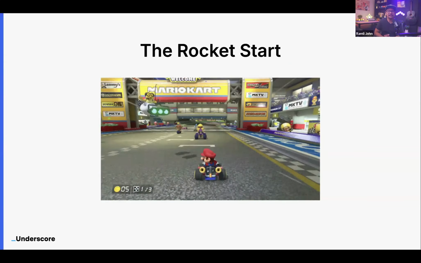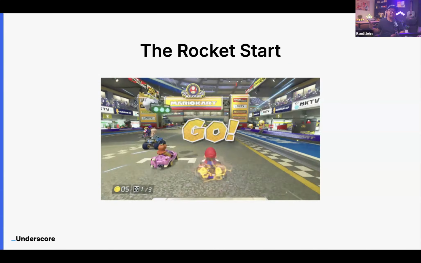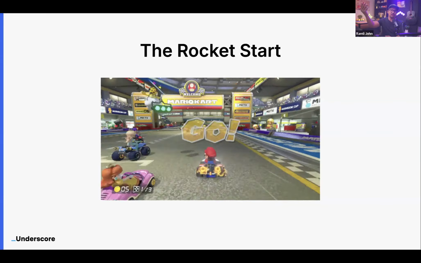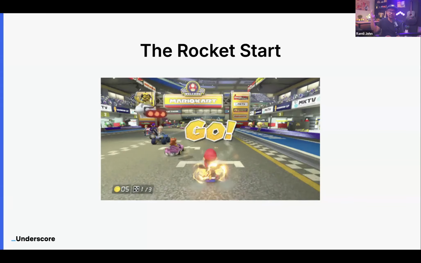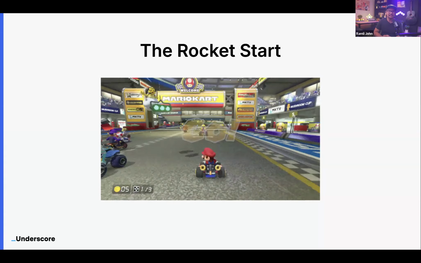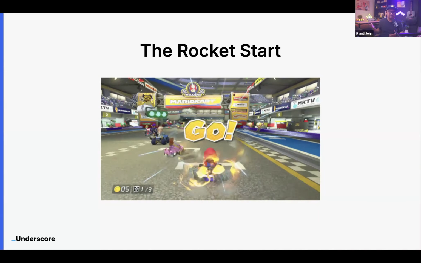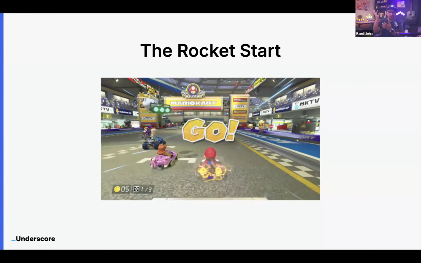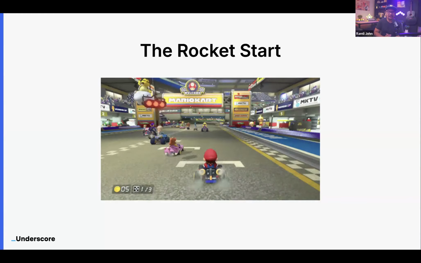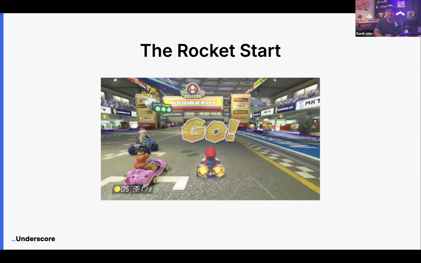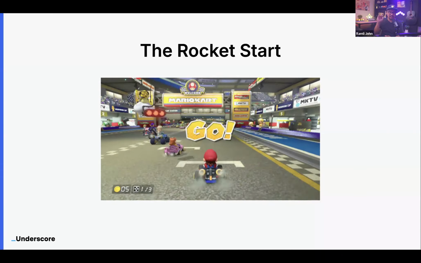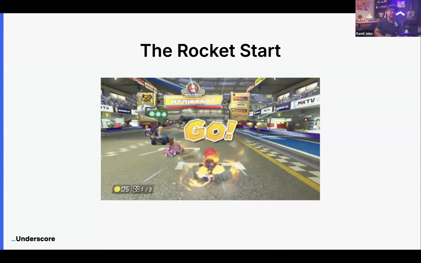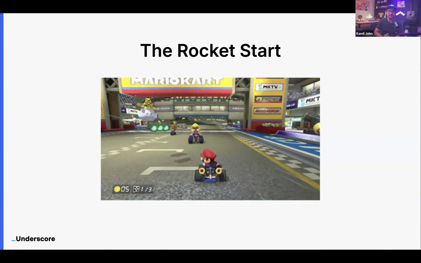But it's something that I realized later is called the rocket start, where if you press the button at the right time, you actually get a head start. And I still couldn't figure out what he is doing. And I had to bribe him with a month's worth of my chores, of his chores. So now he's doing double the amount of chores to try to figure out how he is able to do this. And he just told me that if you press the button at the right time, a few seconds before it turns green, you actually get a head start, a rocket start, on your competitors.